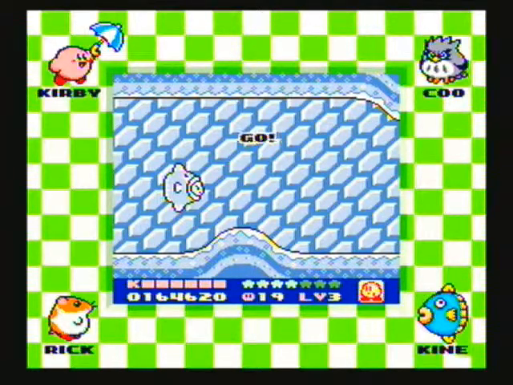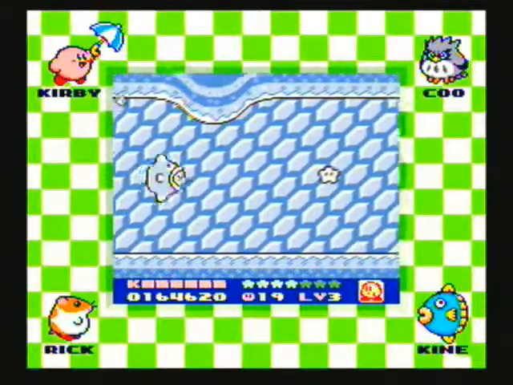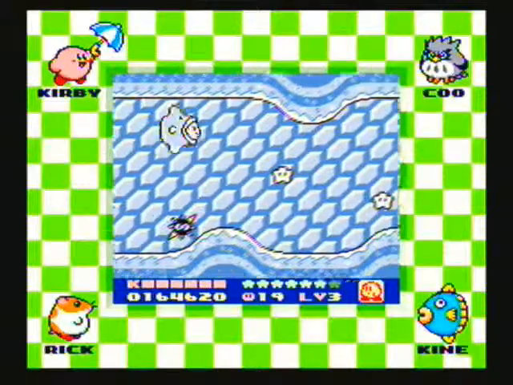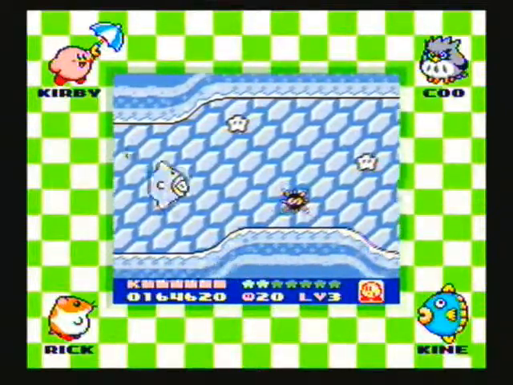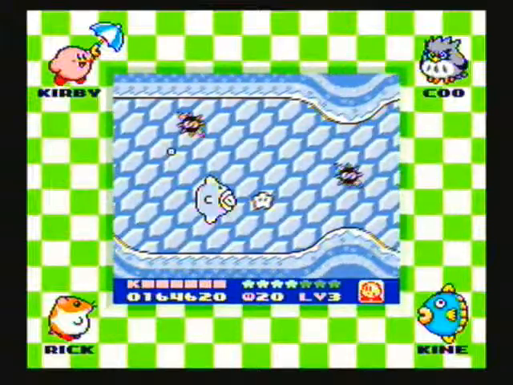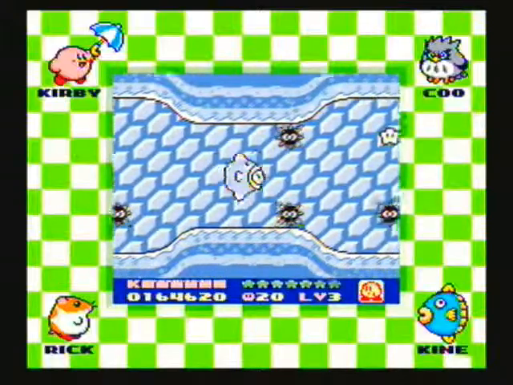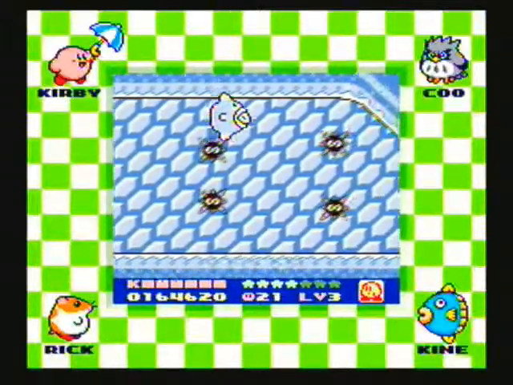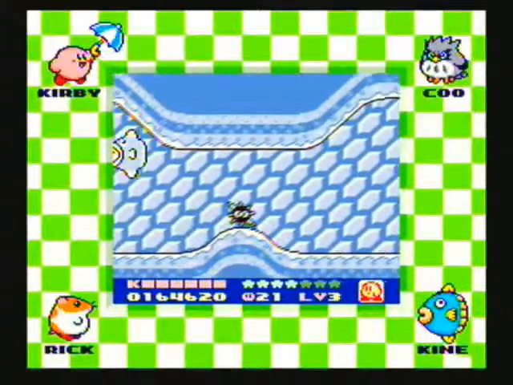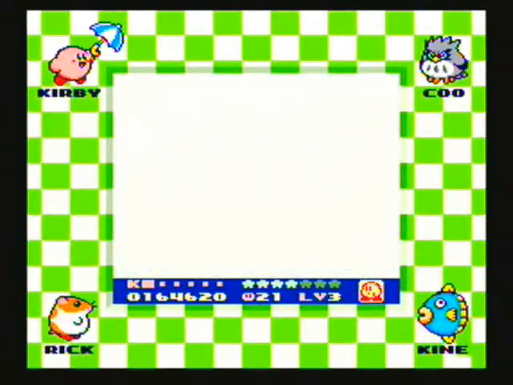This one is challenging without Kine. It's a race. Or, yeah, is it? No. Oh, you just gotta collect things. Yep. Oh, wow. Watch out for the spikes. Actually, I take that back. This might be easier without Kine. It seems like every minigame gets harder and harder. Oh, I got hit. Whoa! Okay, that is not easy with Kine, so I'm just gonna go back in there and